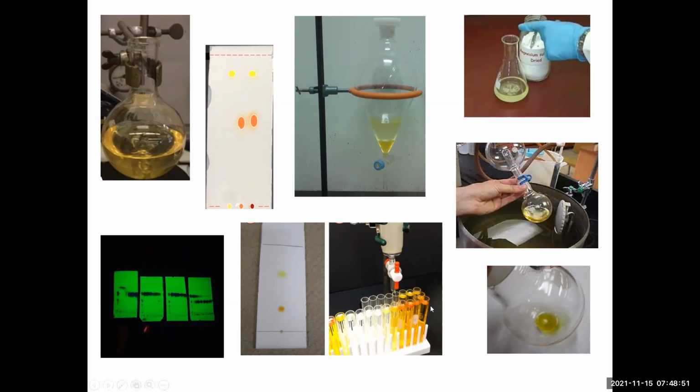So after they've collected all of these fractions, we want to know what exactly is in these fractions, what compounds, right, between these two are in these fractions. Now these are colorful compounds, and so it might be easy to see where the compounds are because you can see which fractions are colored.